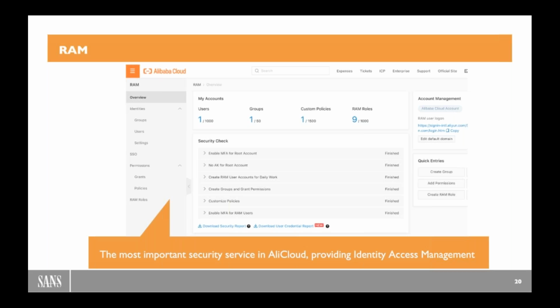The first is Security Check, which provides a step-by-step wizard to help you secure accounts. It's similar to the AWS account security checklist. So it recommends things like turning on the MFA on root accounts, creating accounts for daily work, enabling MFA for RAM users. There's also a second useful feature,